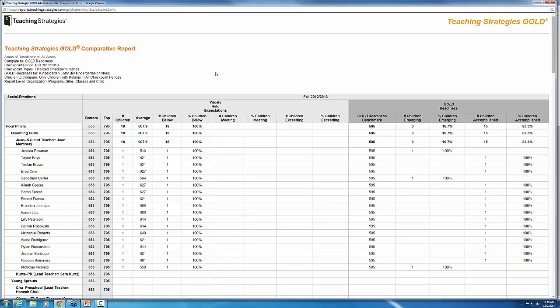So here we have our gold readiness for fall 2012-2013. First of all, I have my widely held expectations, since I decided to do the detailed view. Here's my scale: 653 to 795 is my widely held expectation range for the area of social emotional. I had 18 children in my organization and program. They're all in the one class here. Their average score was 607.9, and every child in this case was below